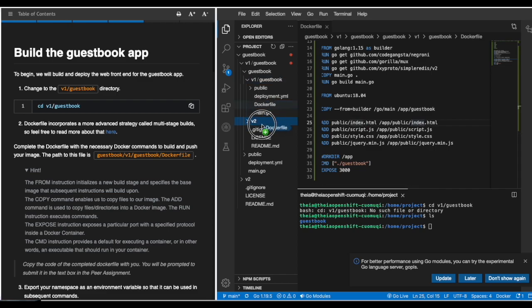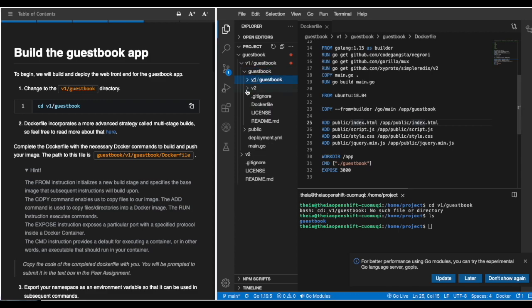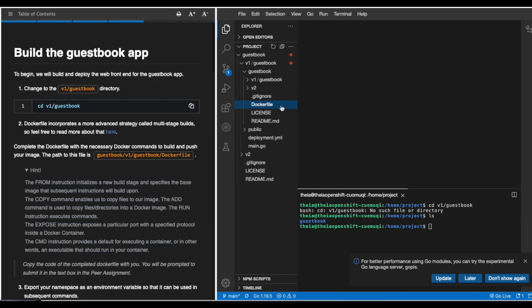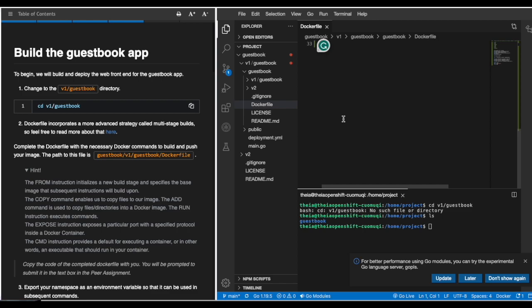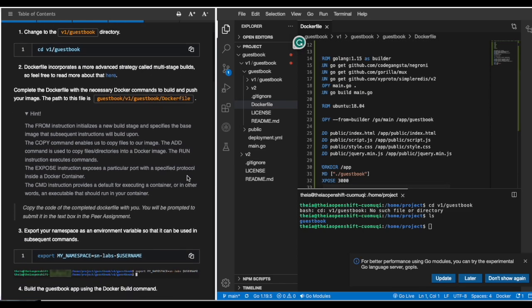And I'm going to pull this file outside of guestbook. There we go. Alright, so you can see the same Docker file. Just ignore these two folders. You can see that this is what I needed. And now